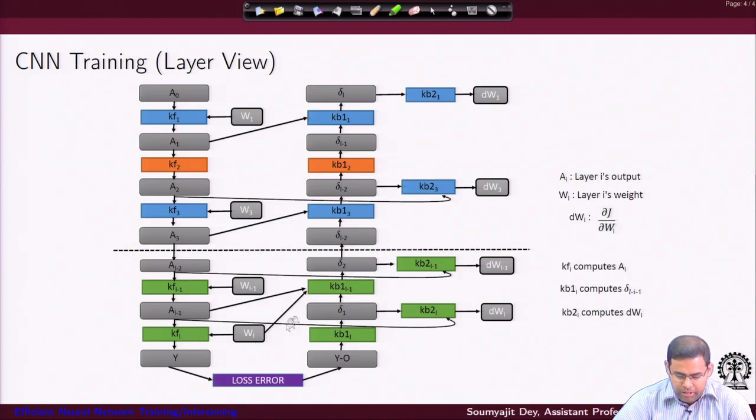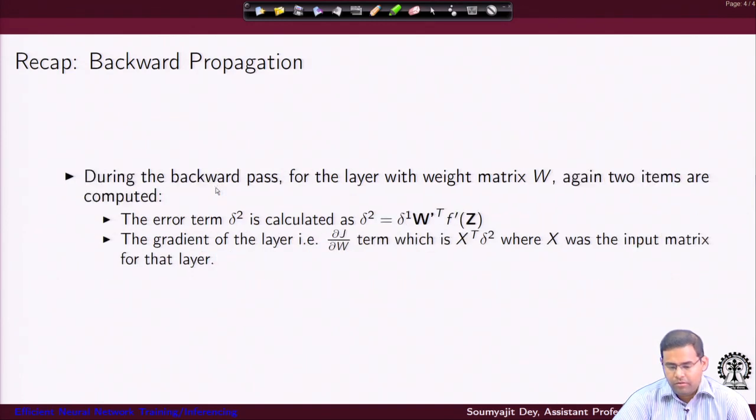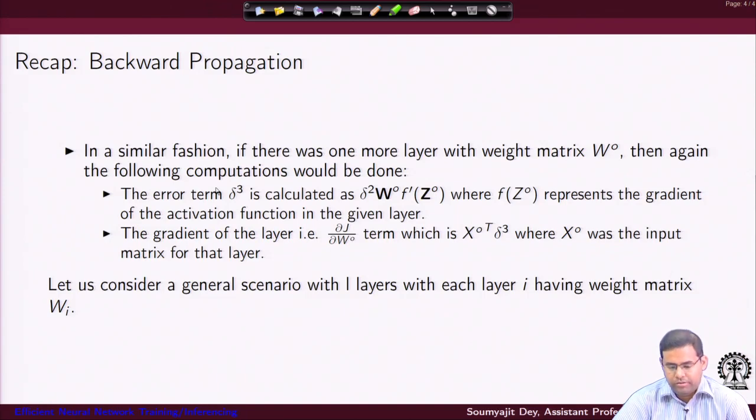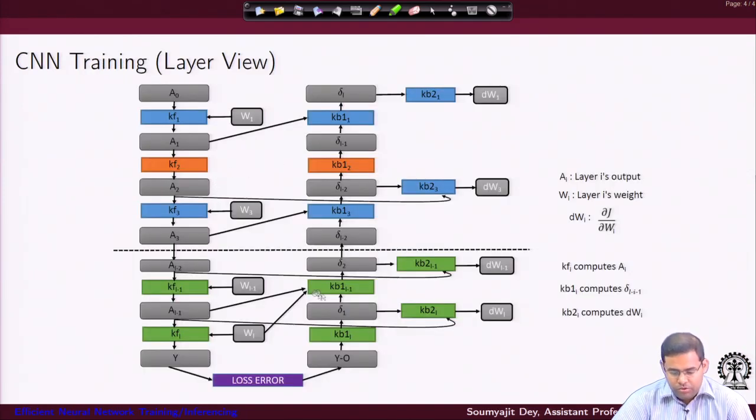That is why I have this dependency here, and we are just trying to show that this activation function is available and the gradient outputs are also available here. Now, when are the gradient outputs available? Well, they become available immediately after you compute the A's, because from the A's you pass them through the activation functions to get the actual matrices, right. So, here you are using these W's and A's and the previous deltas for the k b 1 type kernels to get the next layer deltas, right. So, they form one class.